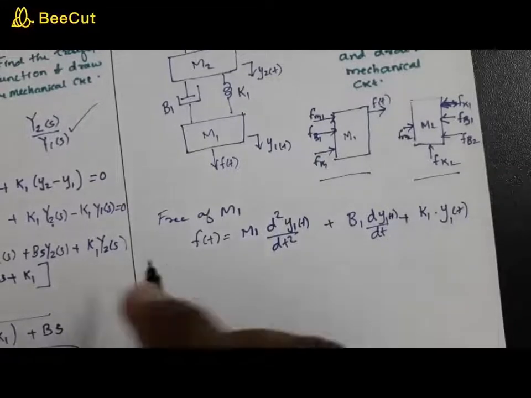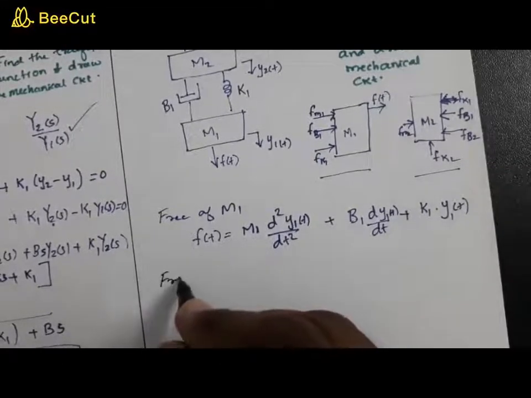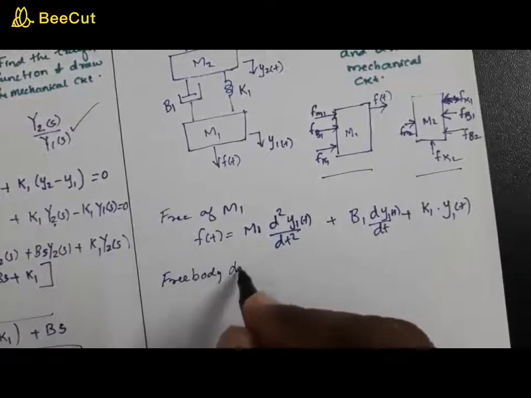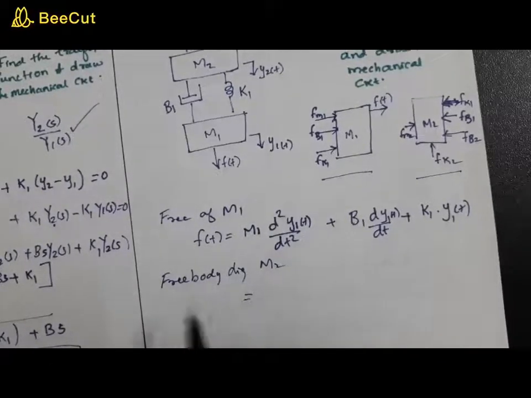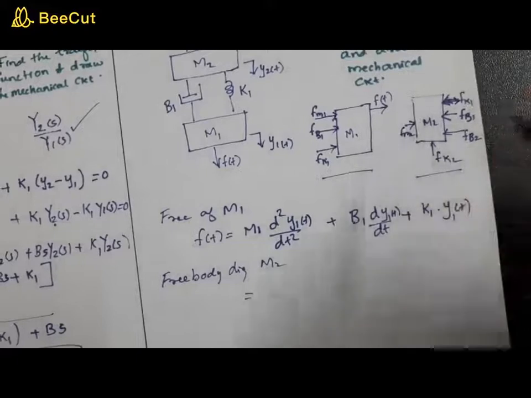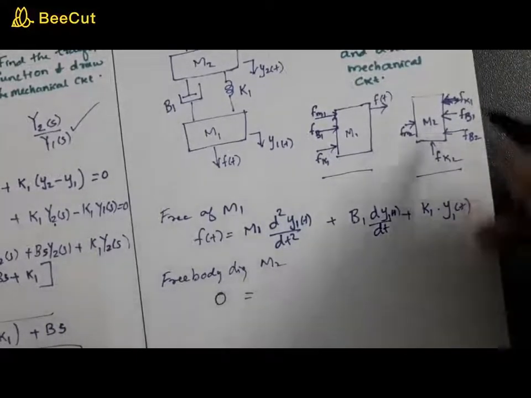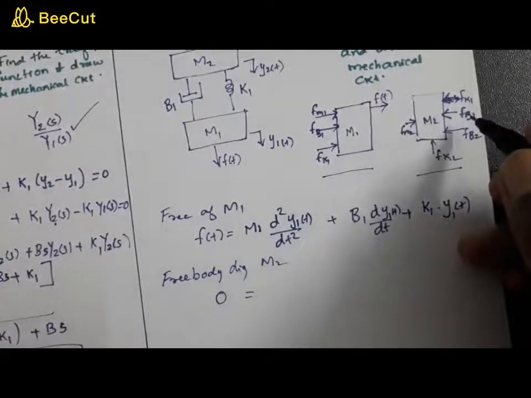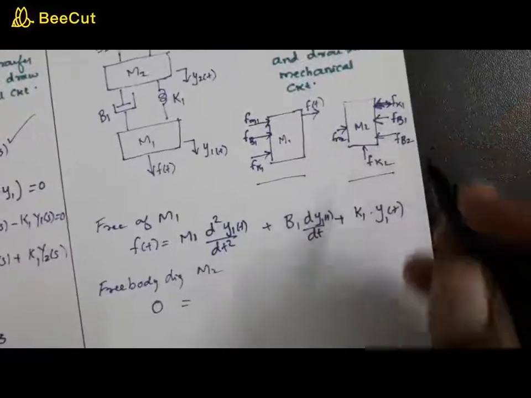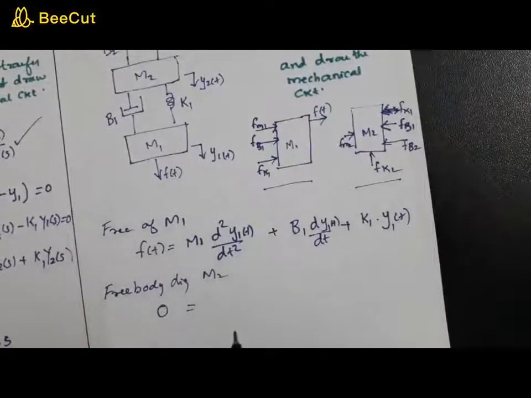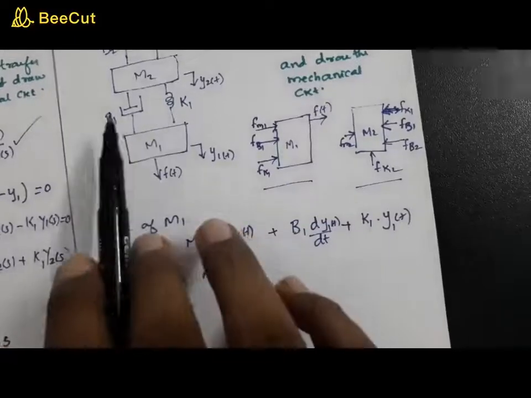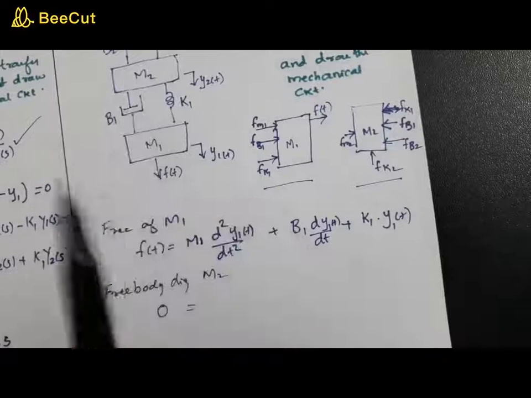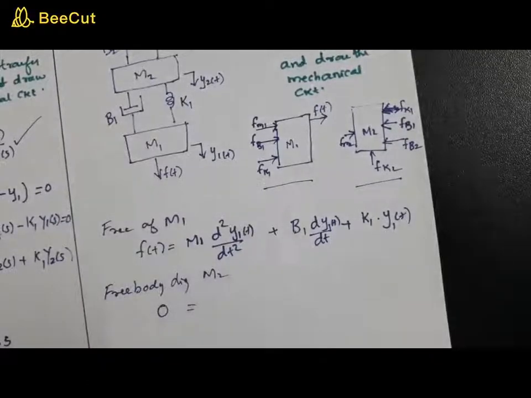Now what is the next step? From the free body diagram of M2, what is the left hand side? Left hand side always denotes the external force. There is no external force in the diagram, so this is equal to 0. Now this 0 is to be equated to the sum of all these things. Let's consider Fk1 and Fb1. What is the speciality of Fk1 and Fb1? Both K1 and B1 are common to M1 and M2. So when you write the equation for that, it will be